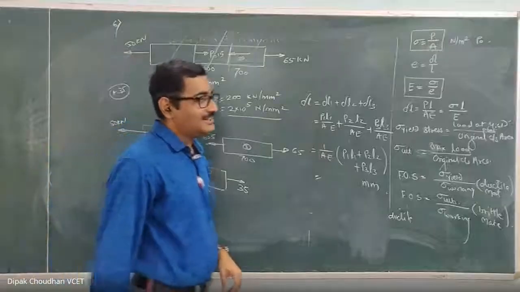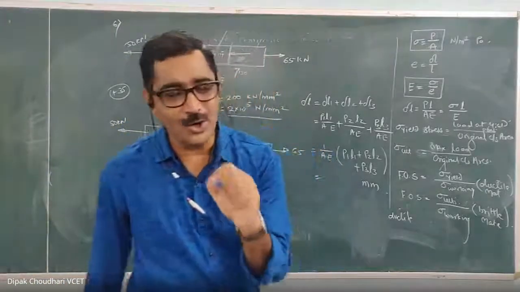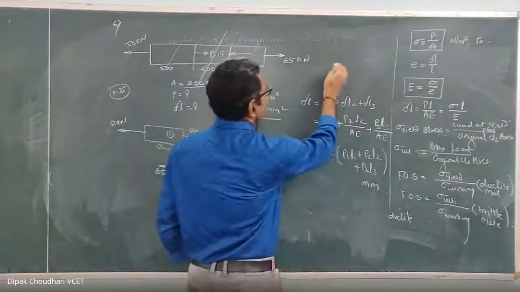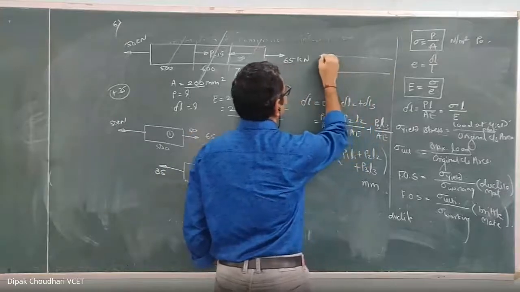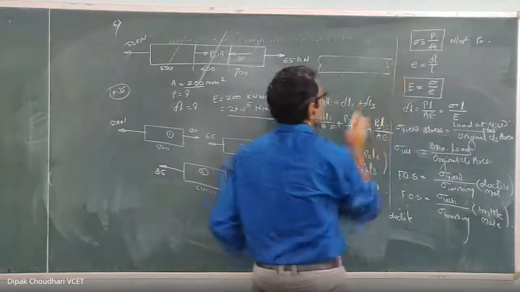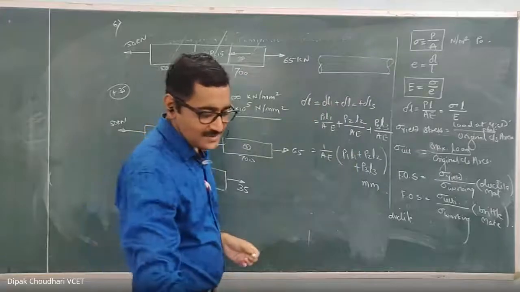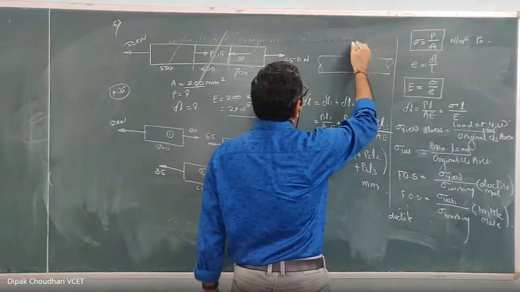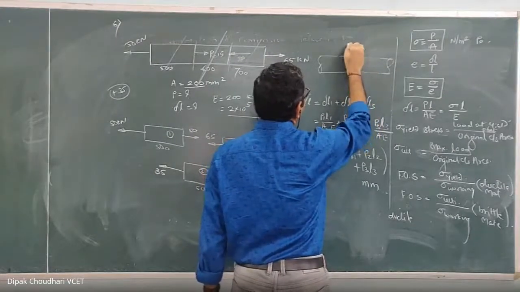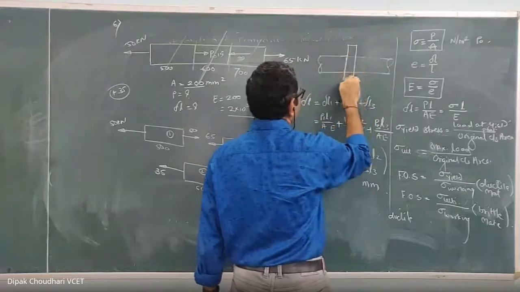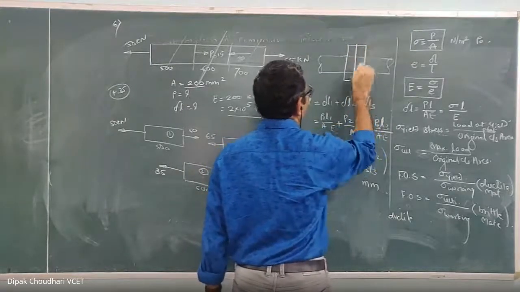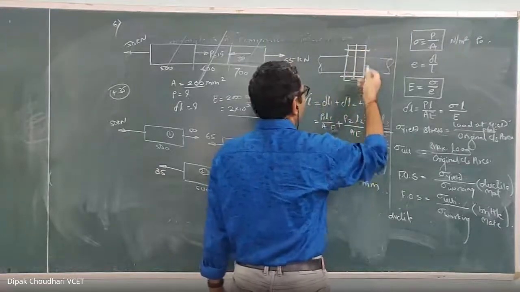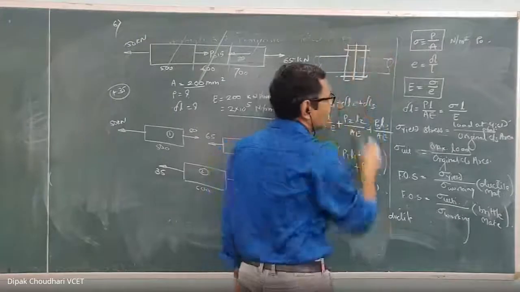Now listen, it is the force acting at some intermediate point. Sometimes it may happen that, suppose this is one machine shaft. On this machine shaft, some gear or some coupling is there. Suppose these two couplings are there. These two shafts are connected with the help of such type of coupling. These are the nut bolts. Sometimes it may happen that some external force may act on that coupling.